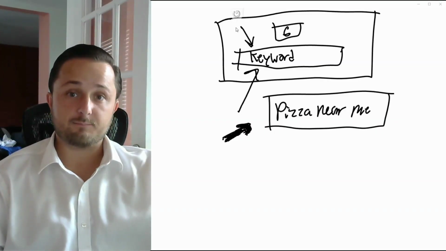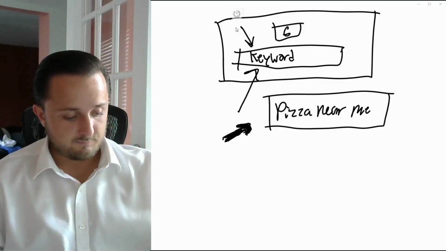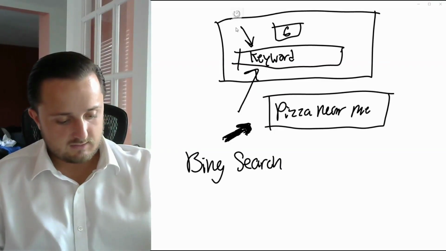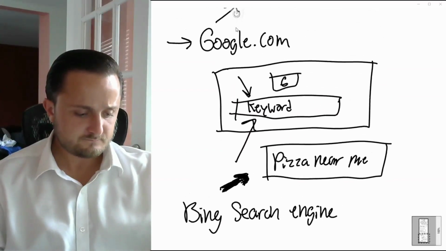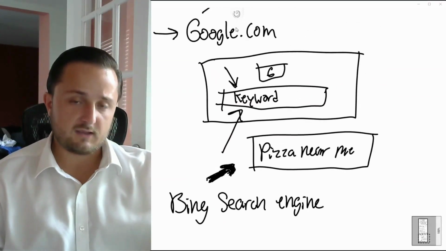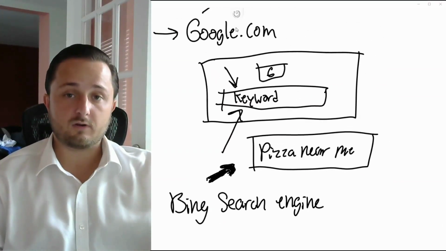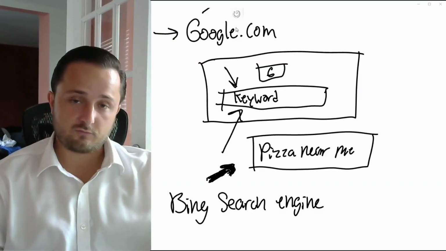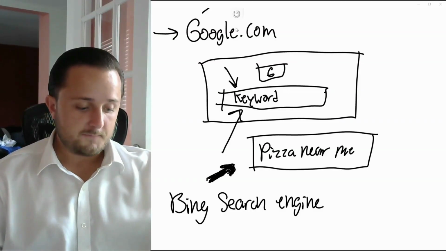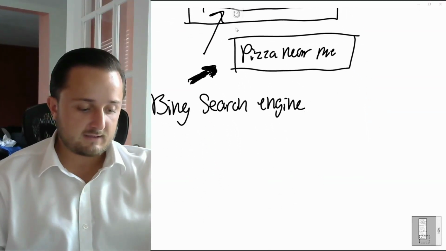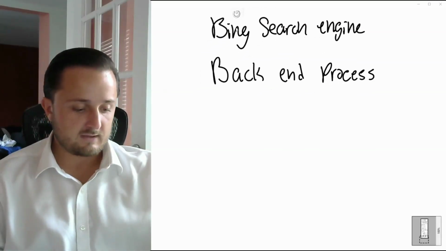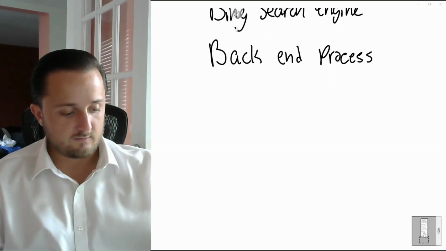Then you've also got Bing, another big search engine. So when you're hungry at night and you go into one of these platforms and search for pizza near me, they have a back end process